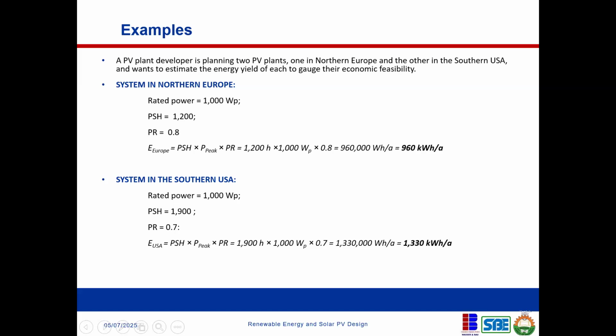Now, if you are an investor and you have a choice to choose where to make this investment, whether to invest in Northern Europe or to invest in Southern USA, where would you make your investment? Southern USA, okay, perfect. Because you're going to actually get more yield from that point because of the availability of the sun. They have a wider peak sun hour, and because of that, you can actually have more yield. And when you have more yield, they can make more money. And that is some of the feasibility studies that you do when you're designing a solar system. It also happens in Nigeria. Sometimes you look at systems in the